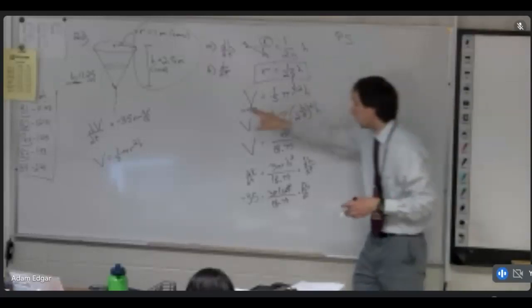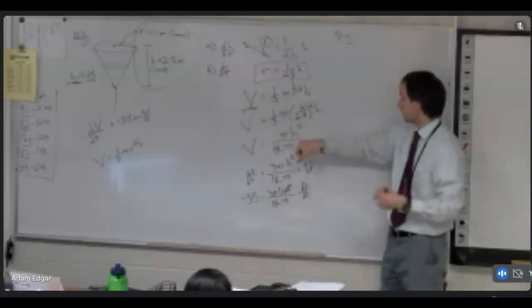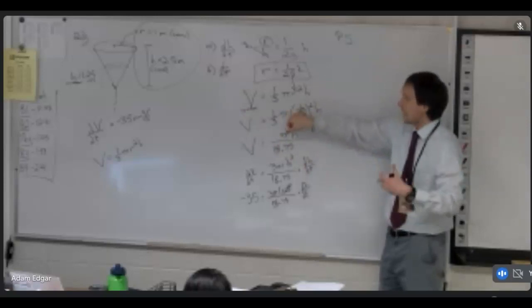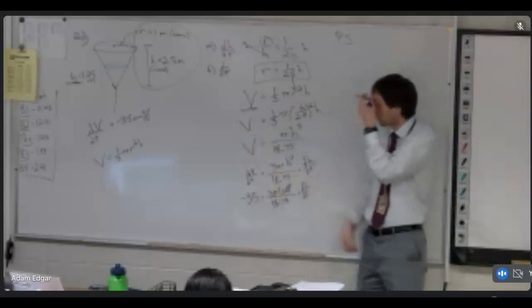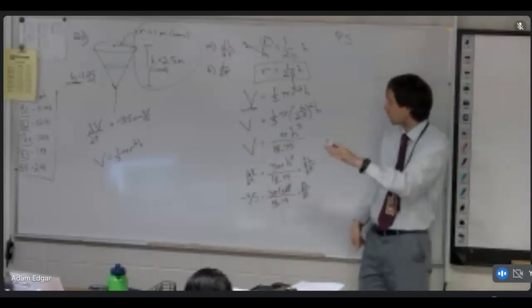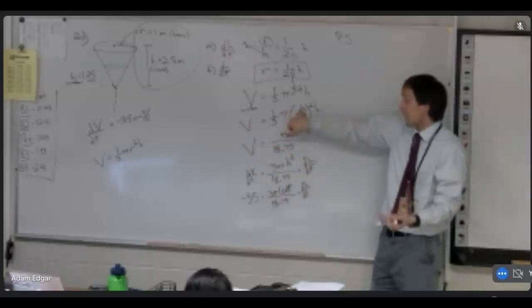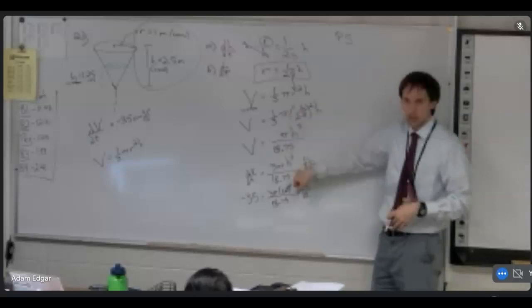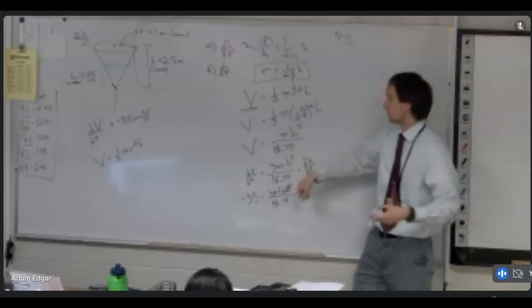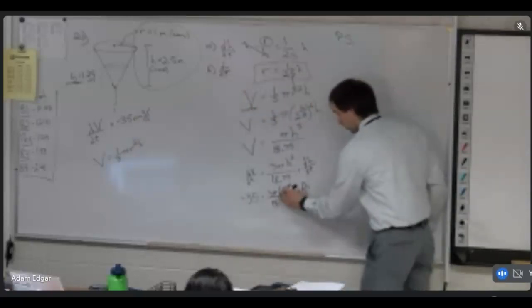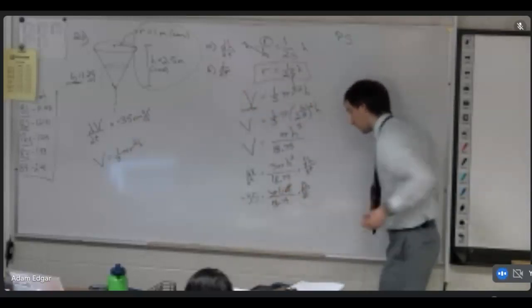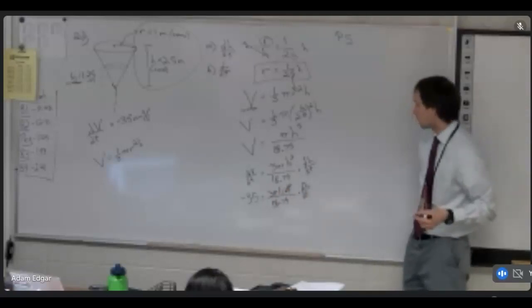But when you actually go to plug in a number for h, that needs to be on the same page units-wise as the units for v. So if your v is in centimeters cubed and your h is in meters, you've got to turn your h into centimeters, because that's going to be a lot easier than turning this thing into meters cubed. So make that 125, not 1.25. Thank you, Prince. Sorry about that. So when you go ahead and do that,